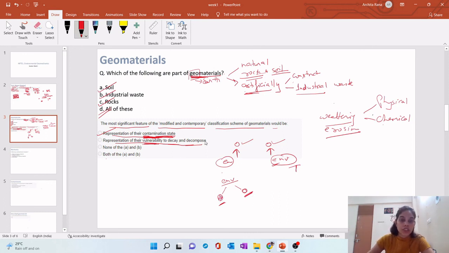They have different rates of decay and decomposition, right? So when we study geomaterial, it is important to represent the contamination state as well as the vulnerability of these rocks to decay and decomposition. So hence the answer is both. Now let's